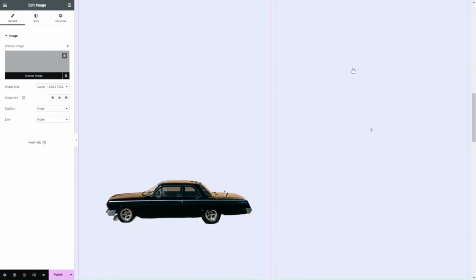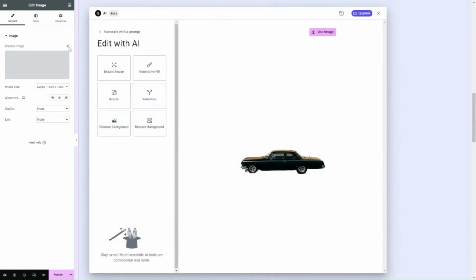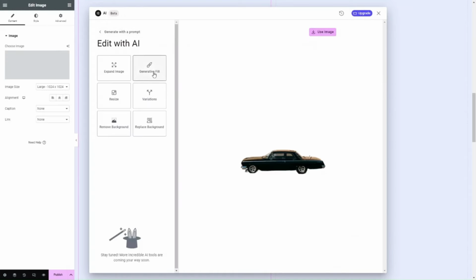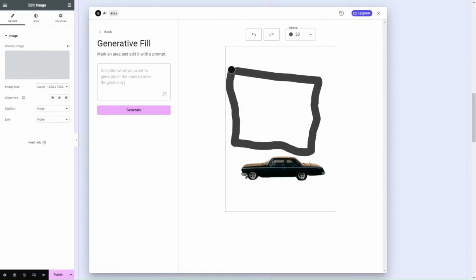When it comes to their image editing tools, Elementor's built-in image editing tools are a suite of powerful features that allow you to edit your images directly within the Elementor editor. This means that you can create and edit your images without having to switch to a separate image editing program. The tools include, we've seen the remove background, we can also replace background, expand the image, resize it to a larger or smaller, improve it, generative fill, so mark an area and edit with a prompt. So for example, if we take this area here,